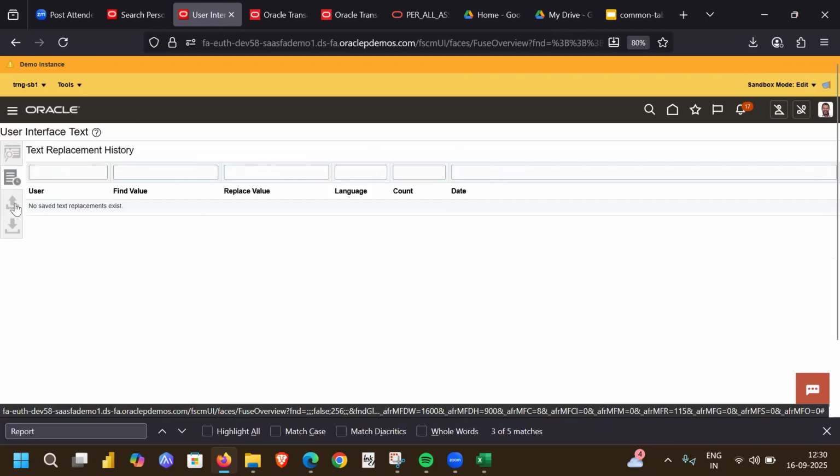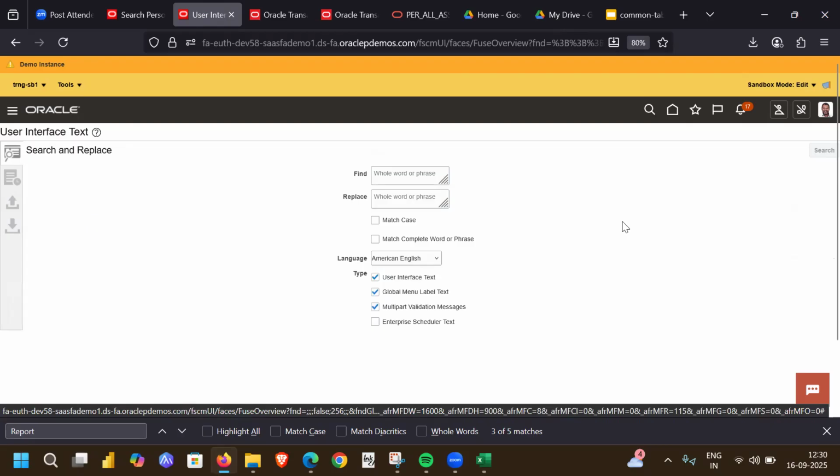So nothing has been replaced here. You want to do an export and an import, you can do from here. Search and